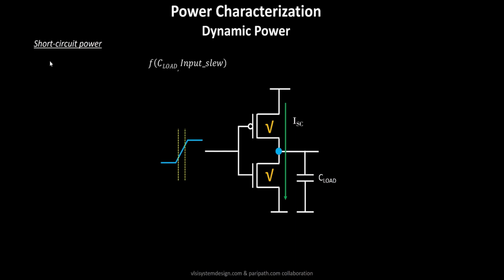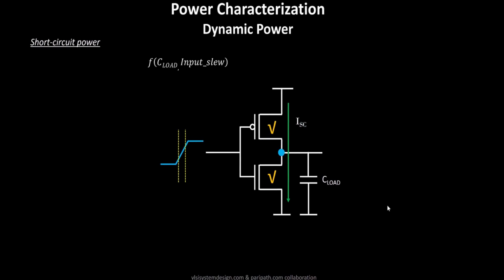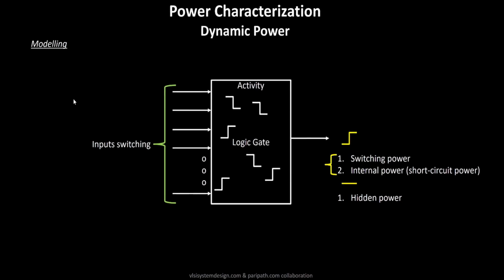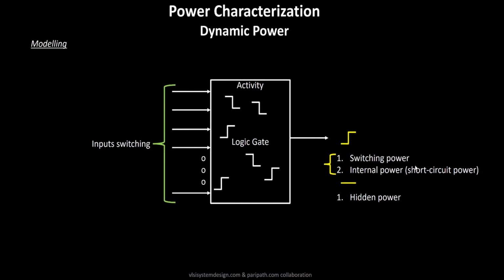So while modeling the short circuit power, we need to take care of the input slew, and we have to model the short circuit power in such a fashion that it's a function of your input slew and the output load capacitor. Since we now know the definitions of the switching power and the short circuit power, let us try to model both of them. Let us begin with the modeling part, or how we look into the libraries. Whenever we open up the libraries, how are the switching power and the short circuit power modeled? So let's look into the modeling of the switching power and the short circuit power in the next video. Thank you.